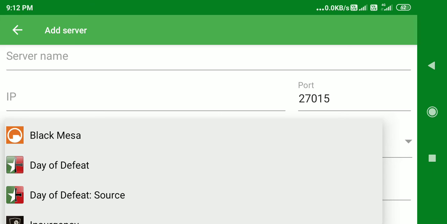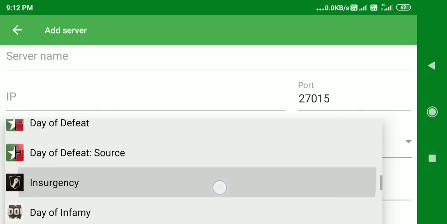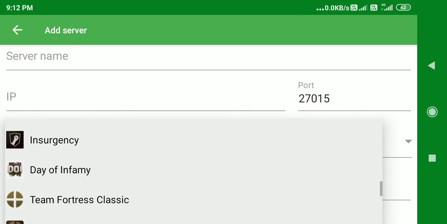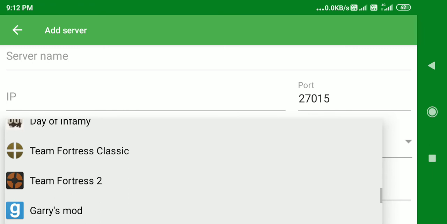Day of Defeat is another kind of game for which all the sources are available right there. Insurgency is another one where you can just run the server and allow people to play on that particular thing.